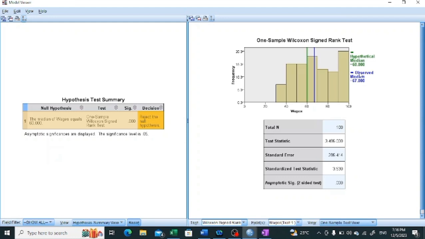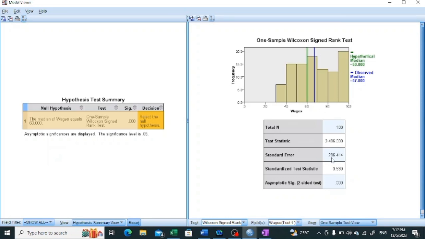The hypothetical median is mentioned in green, as this line, and the observed median, computed from the data, is shown in blue. Since the observed median is located ahead of the hypothesized median, it can further be concluded that the median wage exceeds $60